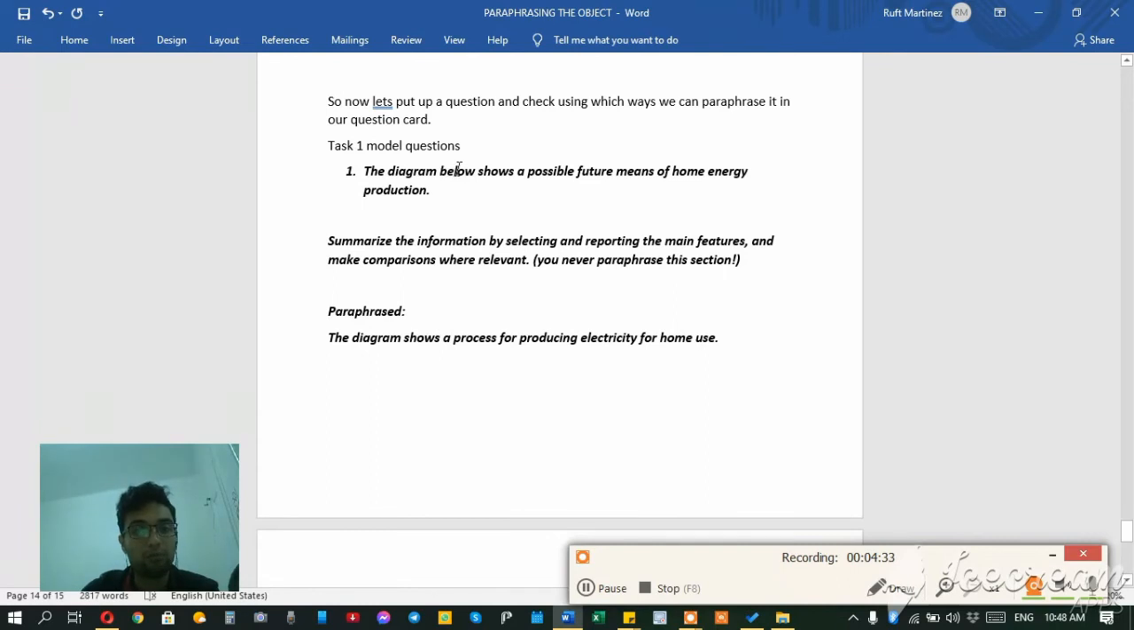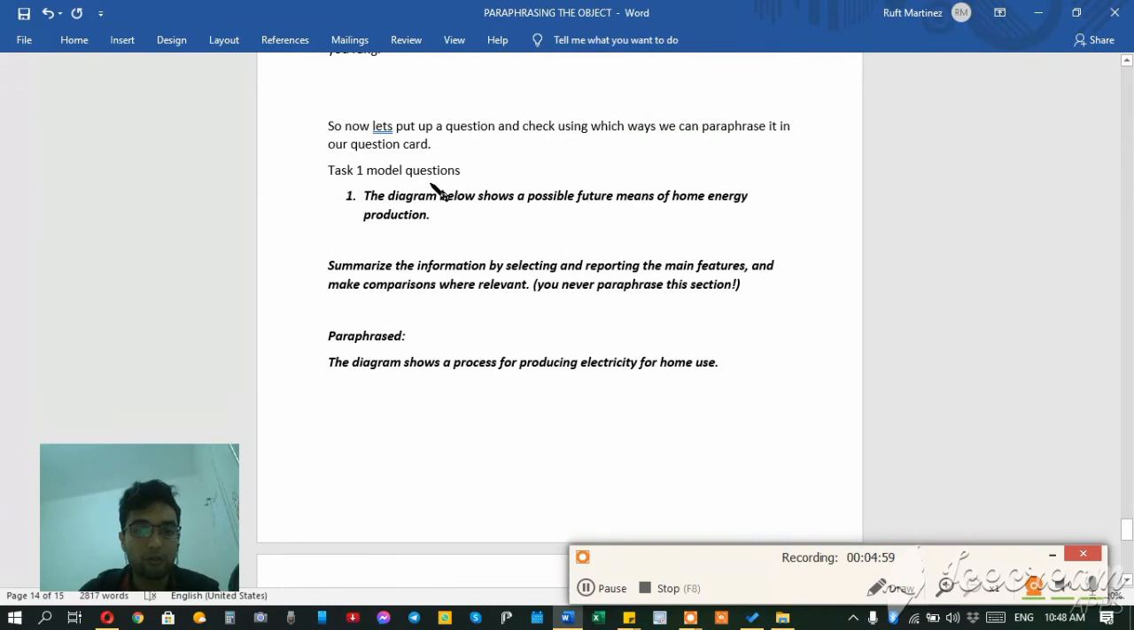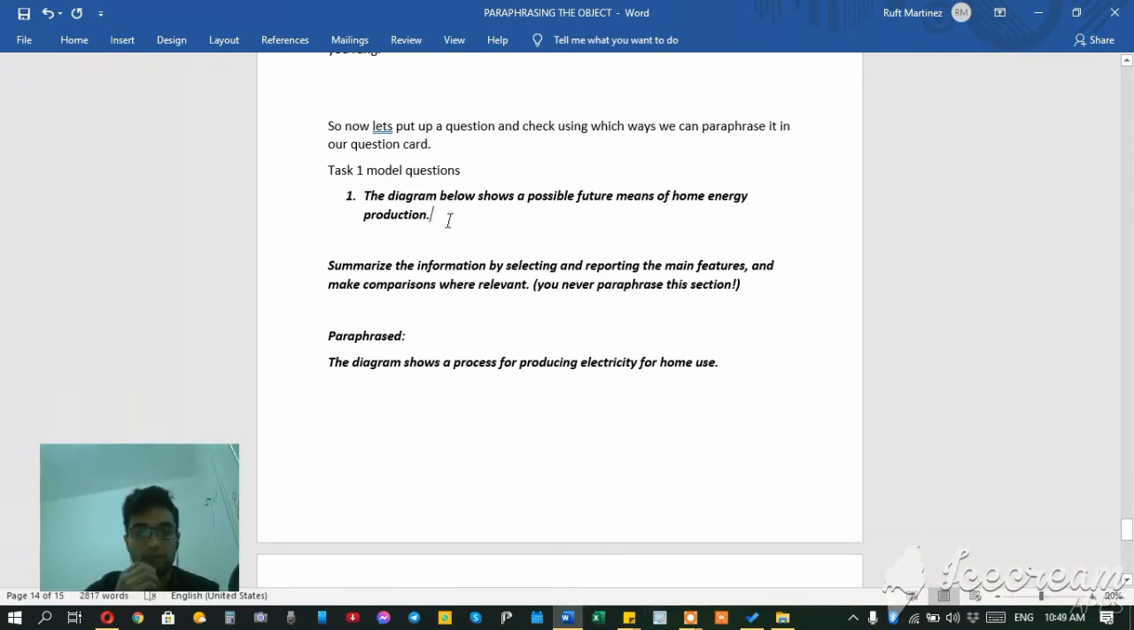The diagram below shows what? A possible future means of home energy production. It means that the following diagram illustrates a process for making electricity for houses. So this is one way of paraphrasing. So right now, what I should do here in order to paraphrase better